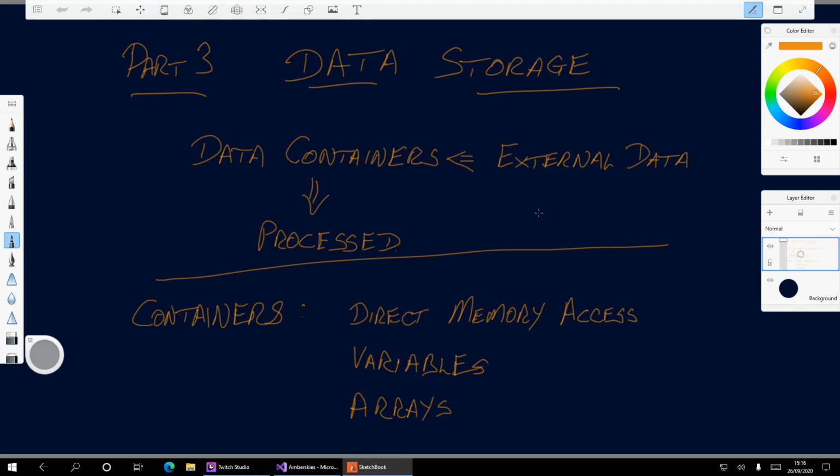And that dictates how you store the data. So I want fast, movable data.